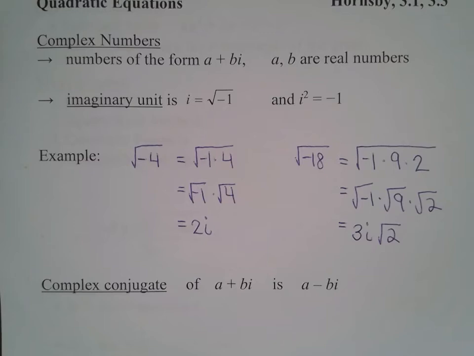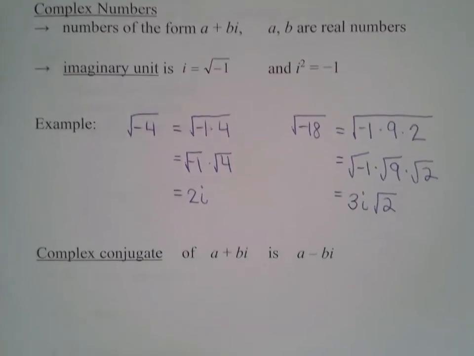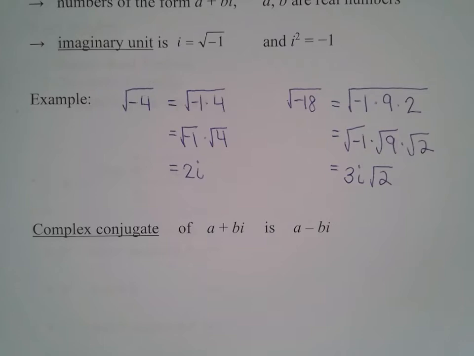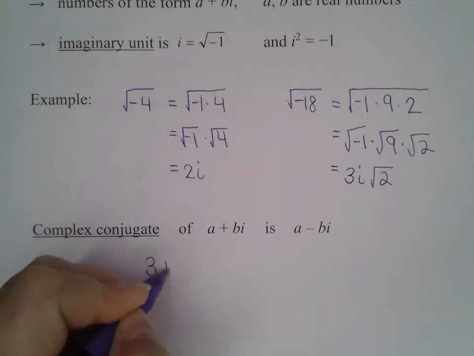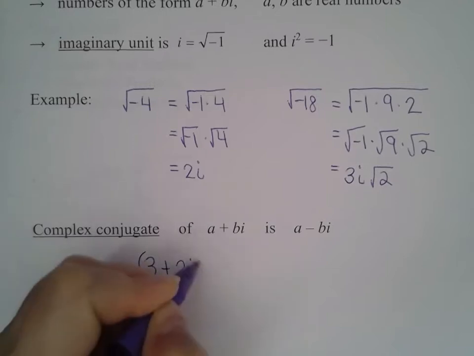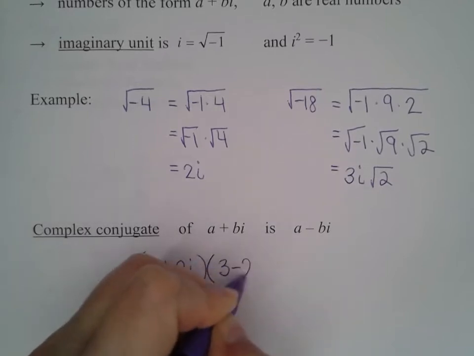A complex number can have what's called a conjugate. So complex conjugates differ only by the sign in the middle. And the two complex numbers that are conjugates are going to come up in this chapter and a couple other chapters in this first test. So what makes complex conjugates unique is that we could multiply them and we get a real number. So let me give you an example of that. If we had, I'm just going to make something up, 3 plus 2i, and we multiplied by 3 minus 2i,